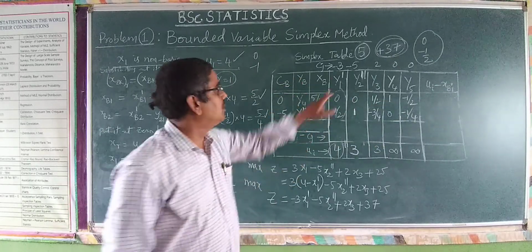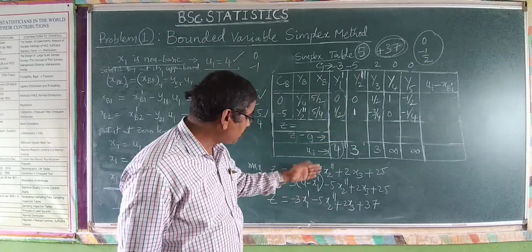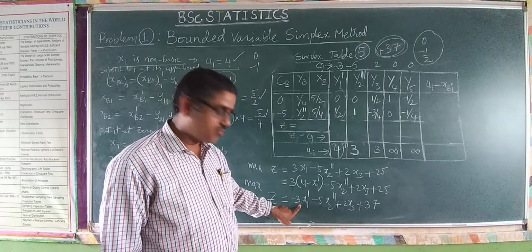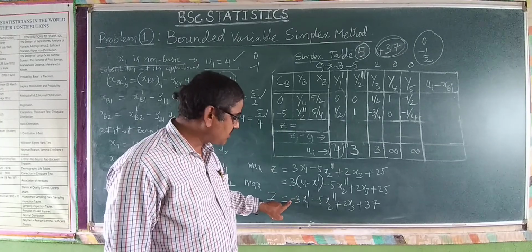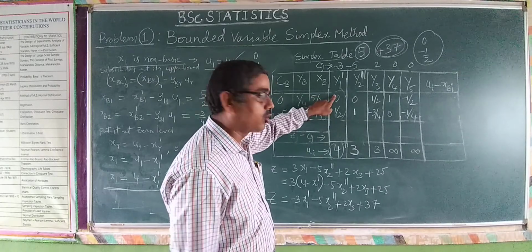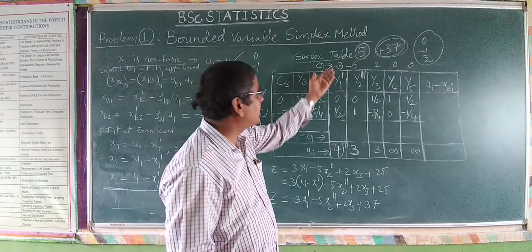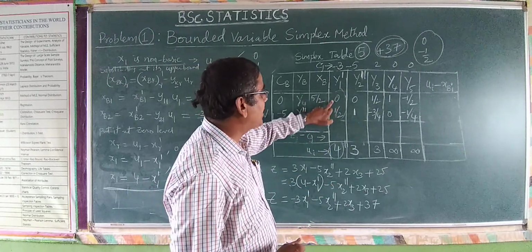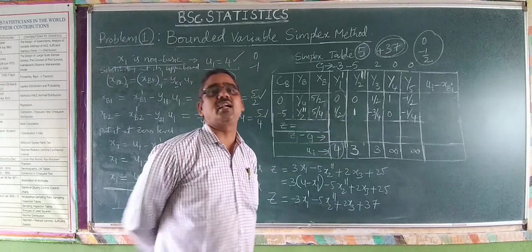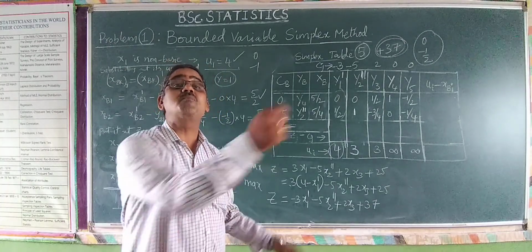Coefficients don't change. Here 3, the coefficient will not change, but the sign of the coefficient is changed because of this. You see here, this is 3 into x1, 3 into 4 minus x1 dash, therefore minus 3x1 dash. The coefficient 3 was not changed, but the sign was changed. So if the sign was changed, then you have to change the sign of the coefficients in the constraints. In the constraints, which means in the vector, you have to multiply with the minus sign. 0 into minus is 0, and minus 1/2 into minus, therefore it is plus 1/2. That is what changes take place for the next simplex table.